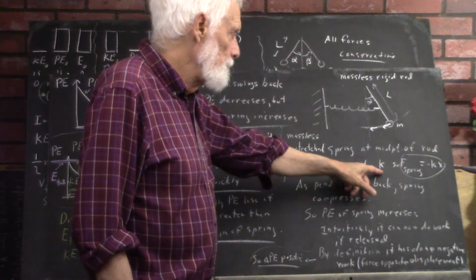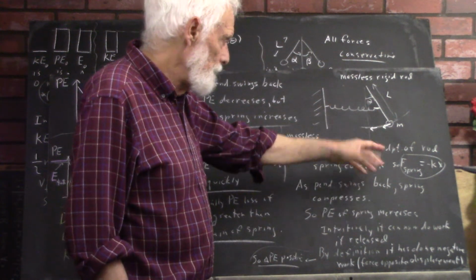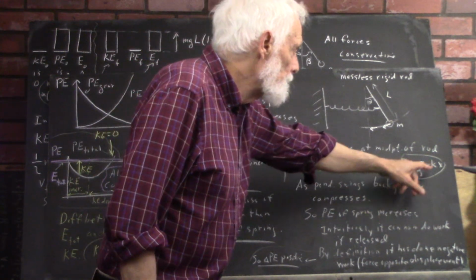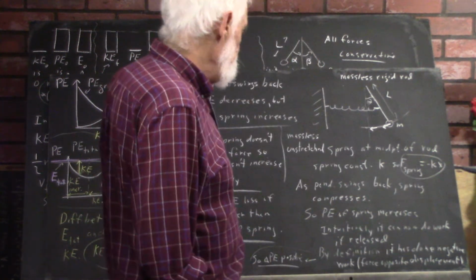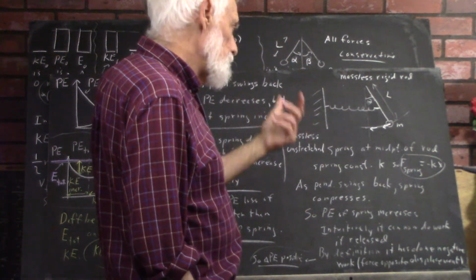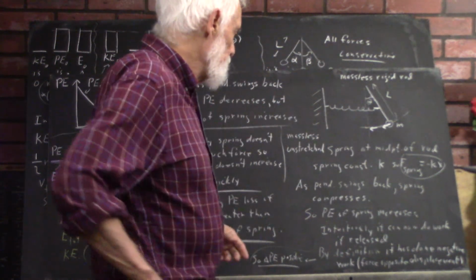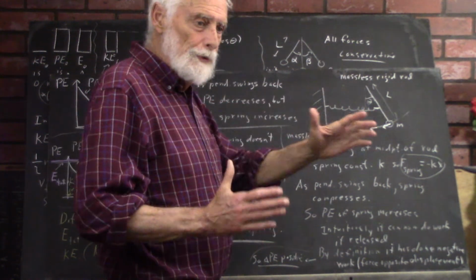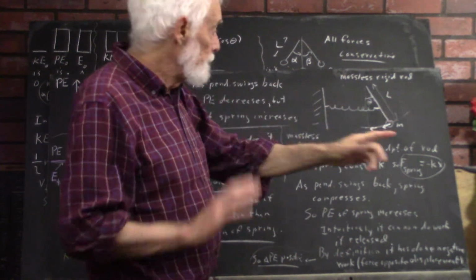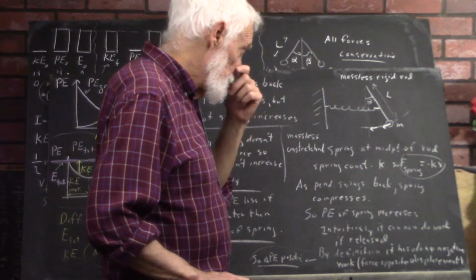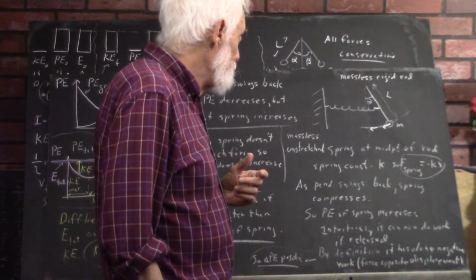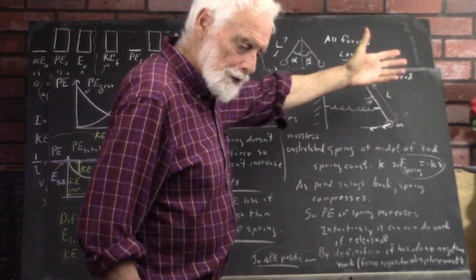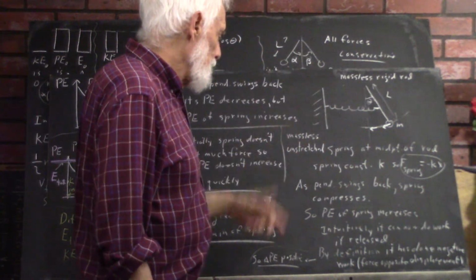Let the spring constant be K. We ended up not using it, but generally you would have that. So the force exerted by the spring is negative Kx. The force exerted on the spring would be equal and opposite to that, of course. Okay, so as the pendulum swings back, what happens? Well, the spring gets compressed. The way I've got it written here, the spring gets compressed. If the mass was on this side, the spring would get extended. Turns out it doesn't make any difference which,